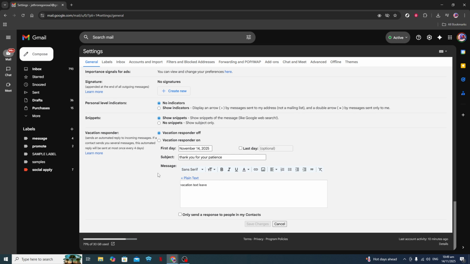The Vacation Responder section is where the magic happens. If the auto-reply feature is currently active, you will see a tick mark next to the Vacation Responder On option. To stop the auto-reply, simply click on the Vacation Responder Off radio button. This action ensures that while you're away, your Gmail won't automatically reply to incoming emails, offering you more control over